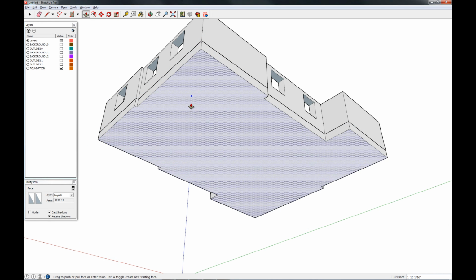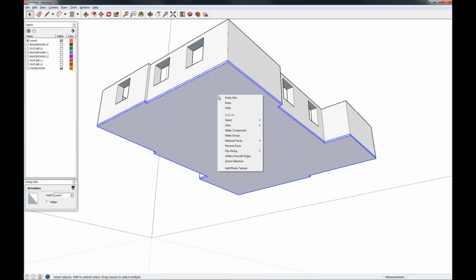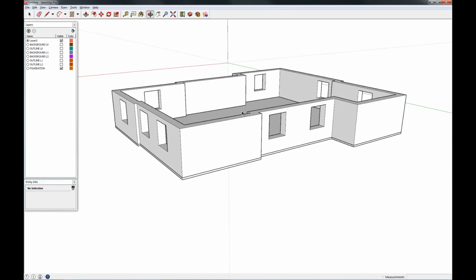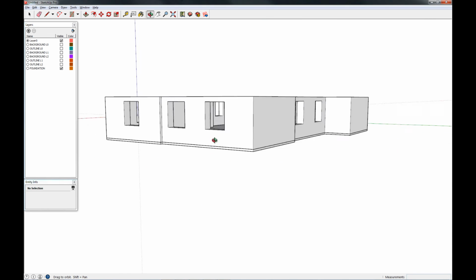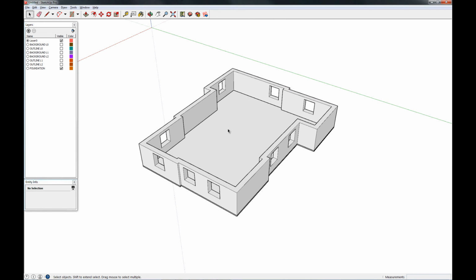And I'm going to pull that down 4 inches for our pad. Make that a group. Make that live on the foundation layer. And then, yeah, we'll worry about footings later. Okay. Now, let's go ahead and jump on